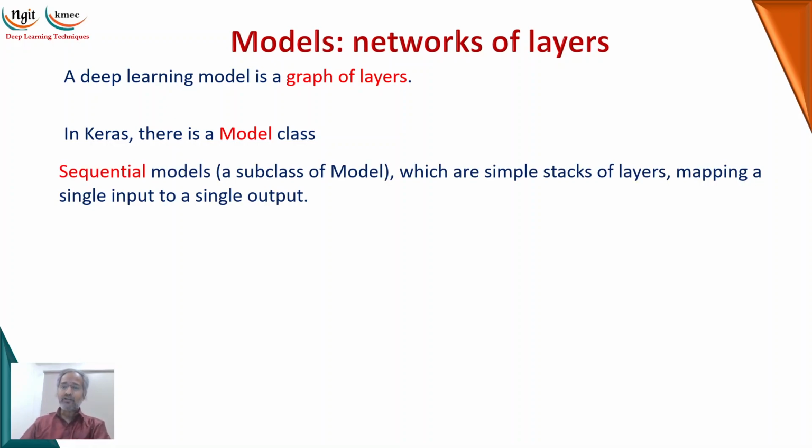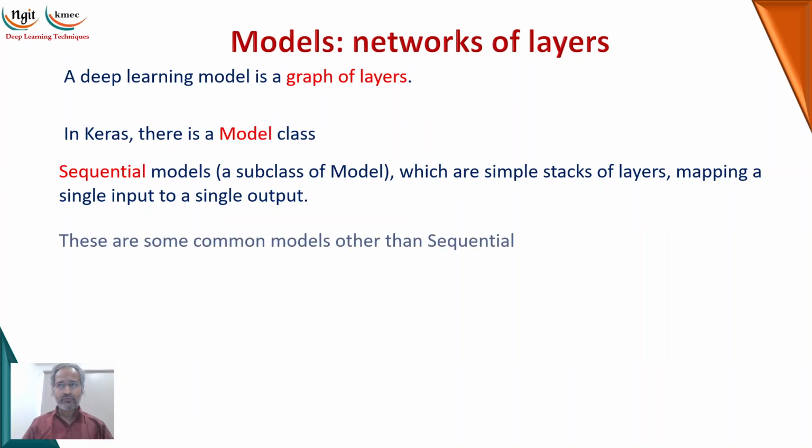And apart from this, we have the sequential model. If you want to use the sequential model only, then you can directly go for the sequential model instead of going for the model. The model can be used for other types of models, meaning that different kinds of topologies are available: a hierarchical topology, a recursive topology, or a back-connecting topology. Like this, a number of topologies are there. Otherwise, simply we can use the sequential model we have seen in the previous slides.